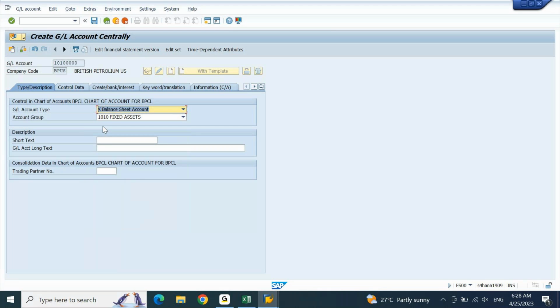After this, you put short text and then long text. I'll put LSMW asset, LSMW asset, long text. Clear? Since this is a test GL account creation, I am giving like this. Later on, we can change the descriptions. So from your chart of account segment, we are only giving 6 inputs: account number, company code, account type, account group, short text, long text. After this,